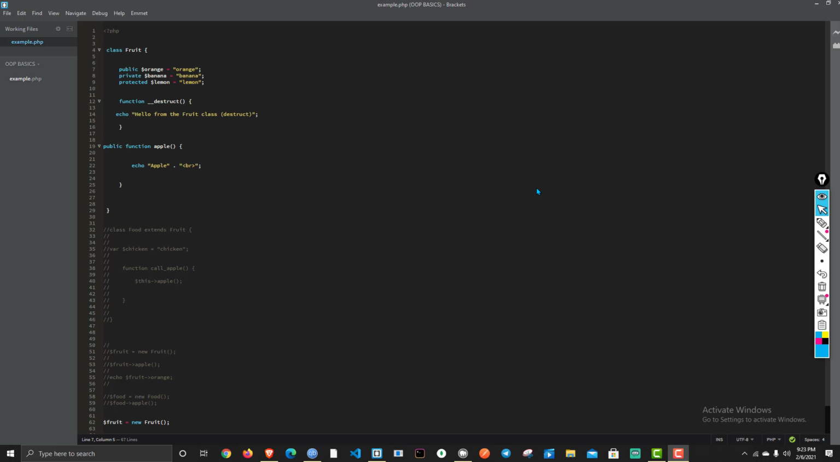Part 4 of object-oriented programming in PHP. So today we're going to be learning about the static properties and static functions inside a class of PHP object-oriented programming. So what is actually a static property and static method? Well,